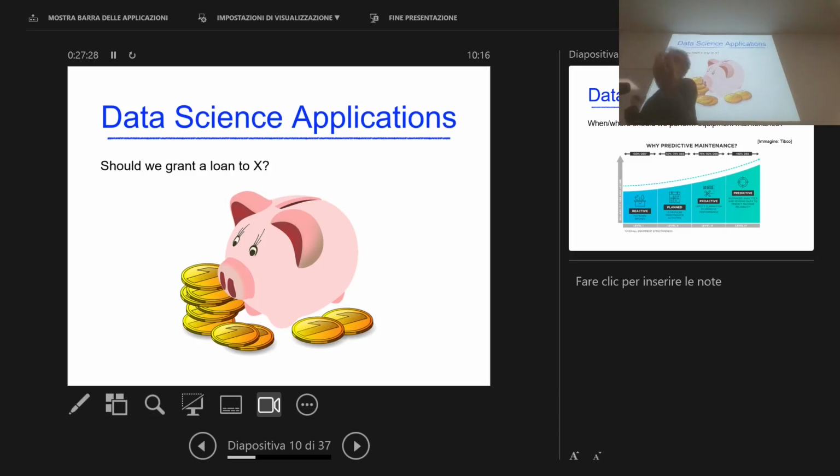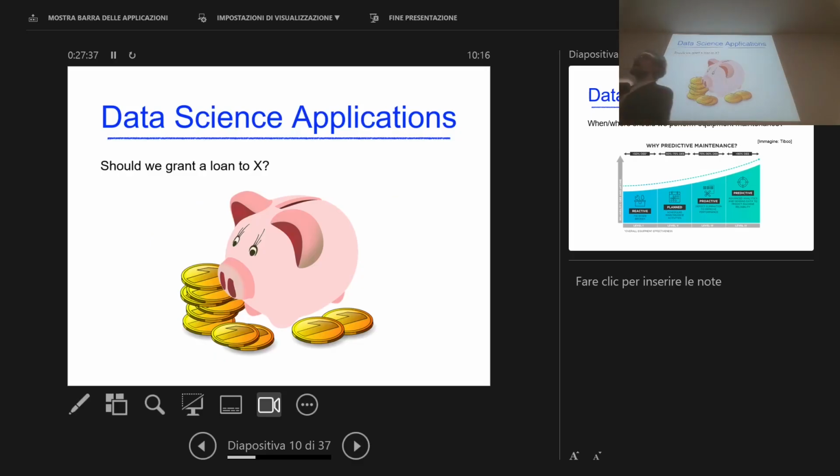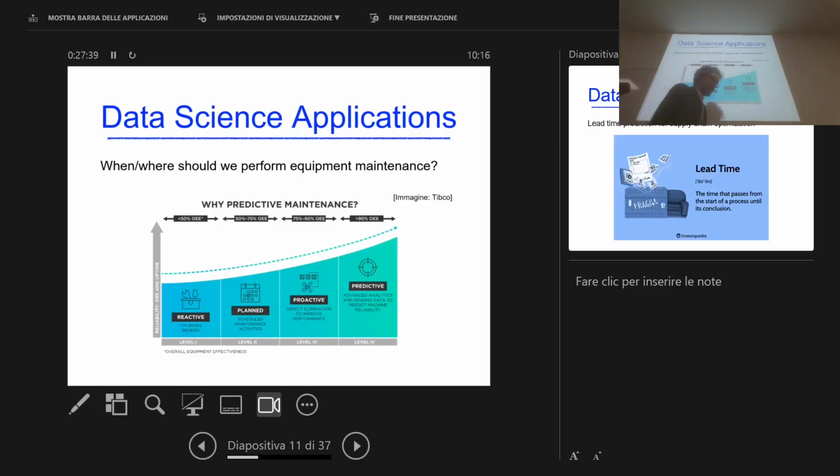Insurance companies, it's the same. Are you high risk? Are you low risk? As I said, basically any kind of company can find something to do with your data. So for instance, just to give you an even more practical example, one of the recent projects I was involved in